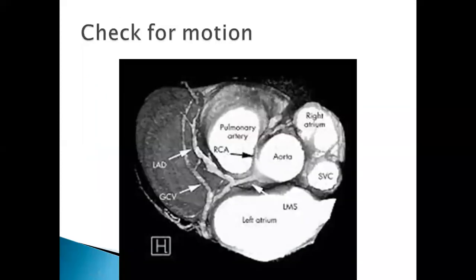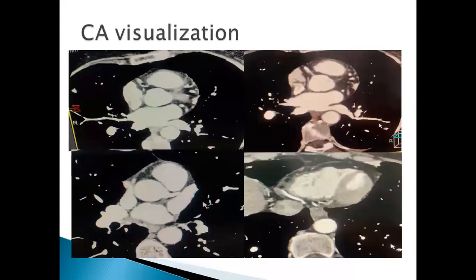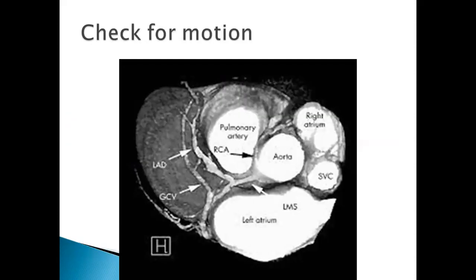So if you are checking for motion, for example, using this image, you can see the proper boundaries between the aorta, the right atrium. You can see these structures. There's proper boundaries between them. If there's motion, you would see blurring and you can't really appreciate these boundaries. So if everything is just distinct and proper, and you make sure you're satisfied with this, you can go to